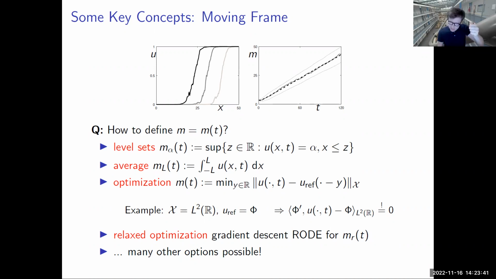The idea is I take my deterministic wave, for example, as a reference profile. So u_ref would be my deterministic wave, optimize this, say, in L2 over the real line. And I say, okay, the minimum value y is actually sort of the best possible translate of my deterministic wave profile that the current stochastic wave profile is currently close to. So you're basically minimizing the distance between the deterministic wave that you know and the stochastic wave that is traveling.